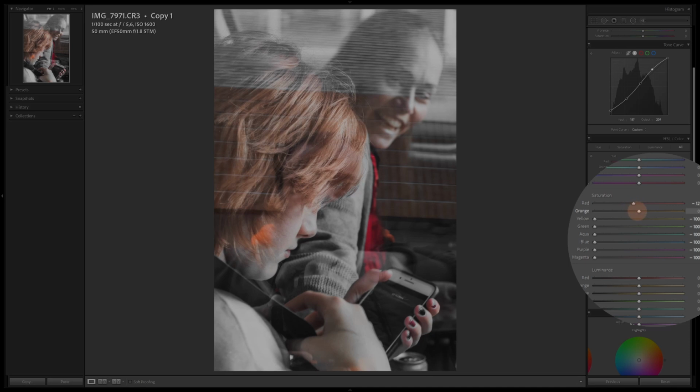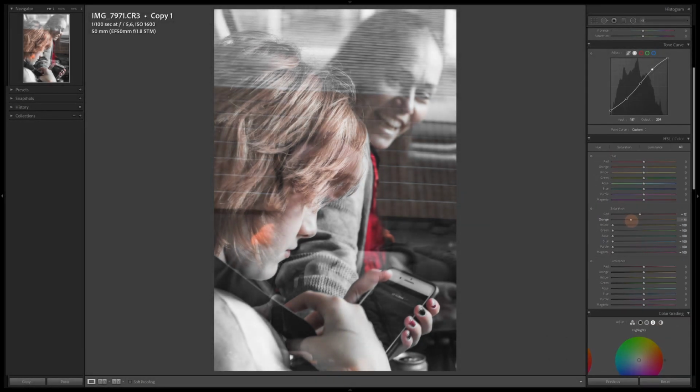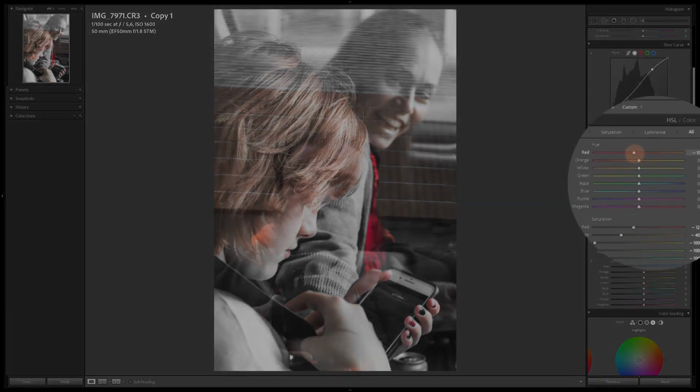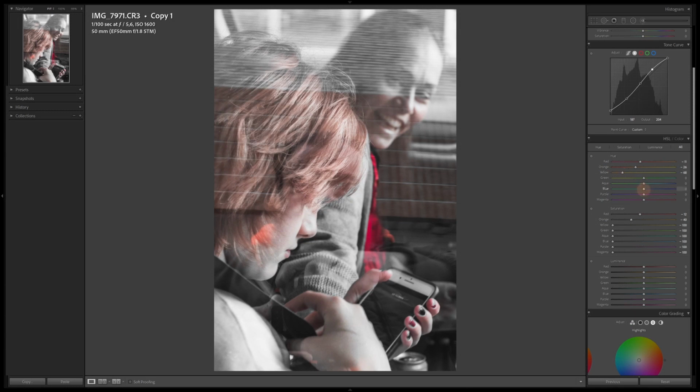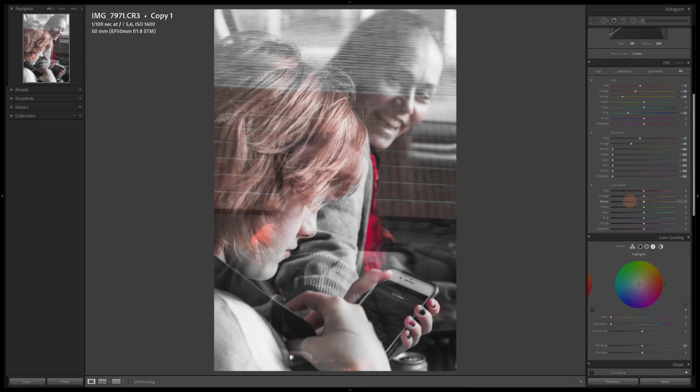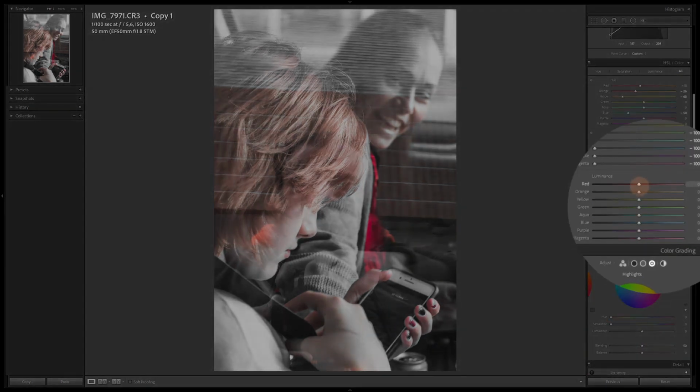I'm gonna step down a little bit on red and bring down oranges to around 40, looks good. Then I'm going to hue, decreasing red, -10, orange, I think -27 looks good, and I'm decreasing yellow quite a bit. I think -68 looks good. I also want to step down on blue, so I think -50. Finally, we have luminance. I'm leaving red in this one, but I'm increasing orange around 10 and decreasing yellow -13. And we're also decreasing blue -22.